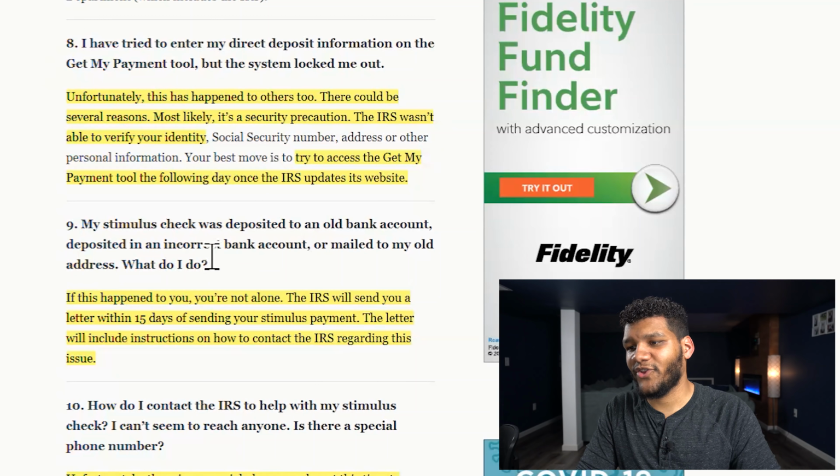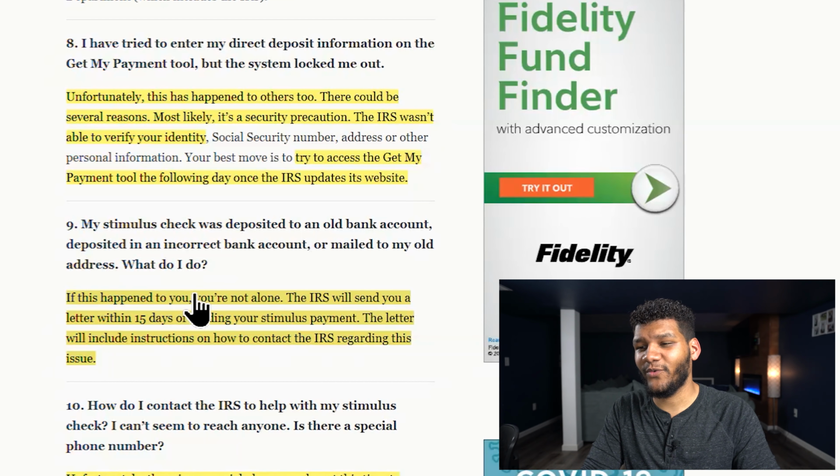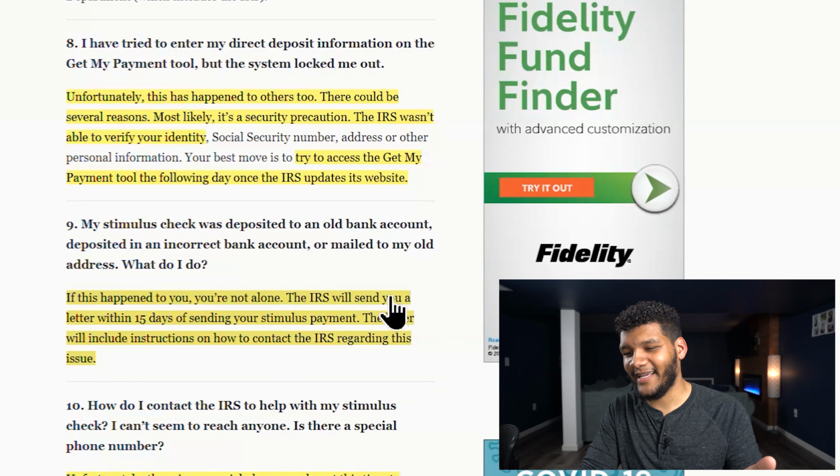Number 9, my stimulus check was deposited to an old bank account, deposited in an incorrect bank account, or mailed to my old address. What do I do? If this happens, you receive a notice 15 days